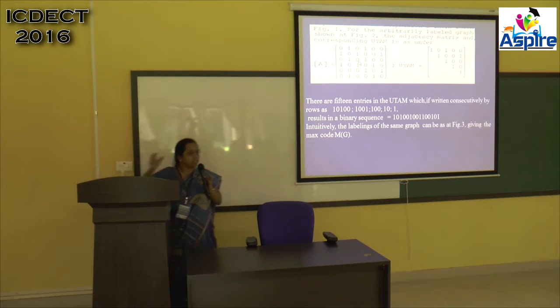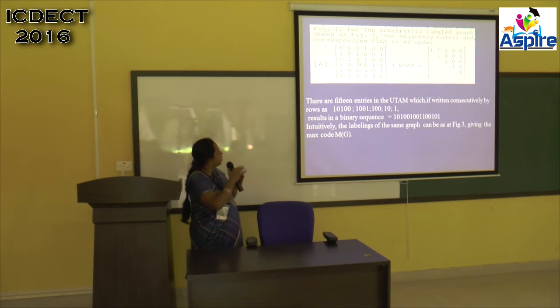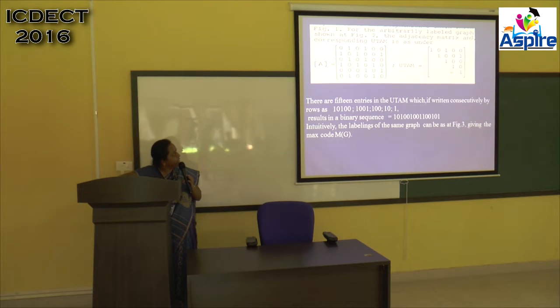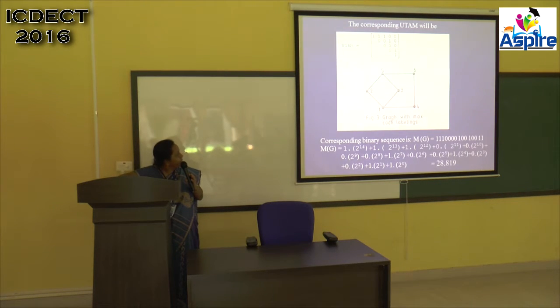Now as this matrix is symmetric about the diagonal, we consider only the upper triangular matrix because of the symmetry. In the upper triangular matrix, these are the terms which exist. This gives the binary code. We write it as a sequence, like 1 0 1 0 0 1 0 0 1 1 0 0 1 0 1, and the same thing is represented here. This binary sequence can then be converted into a digital code by the decimal program, and you can construct the digital code.